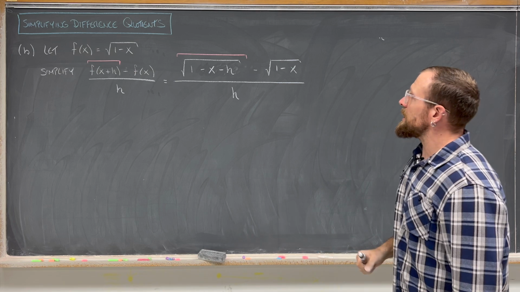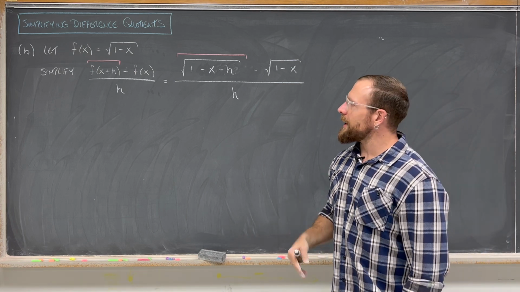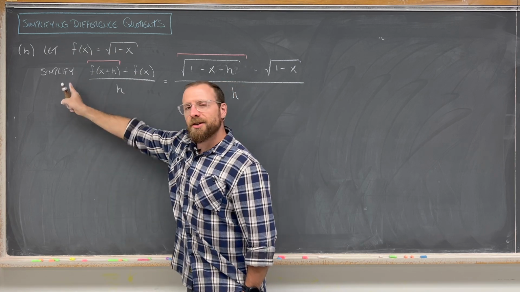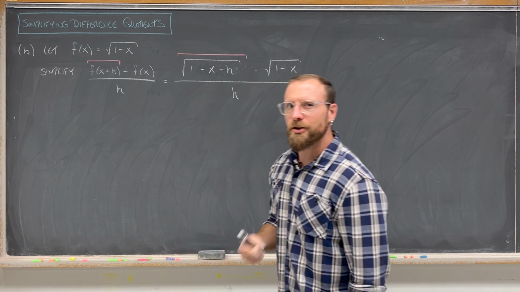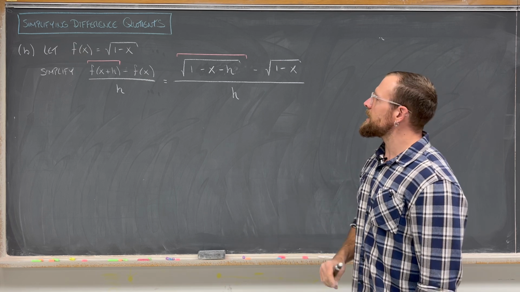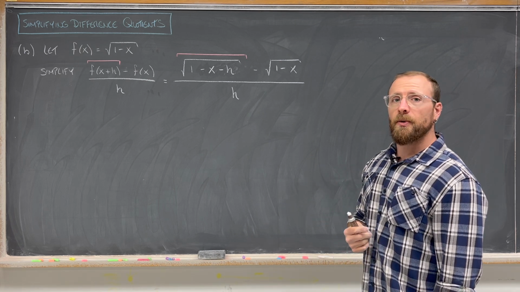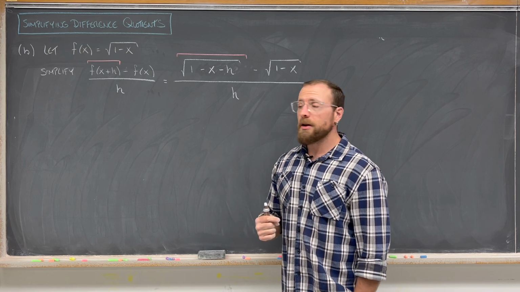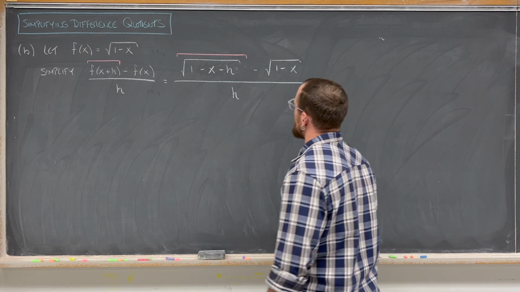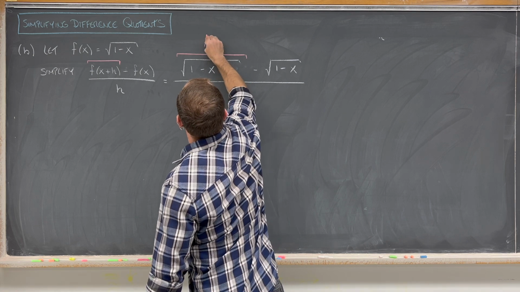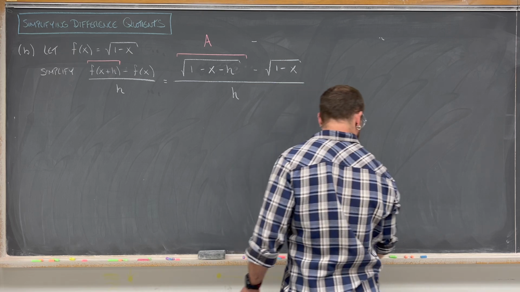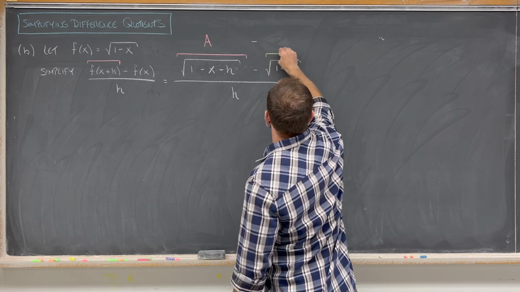All right, well, what else can I do? I found this, but I'm supposed to simplify it. When those are the directions, that's a hint that you should try some stuff, that this can be cleaned up. And we've seen things like this before. We've looked at how to rationalize a numerator. Okay? We know that if you multiply something minus something else, and I've got something minus something else right here,